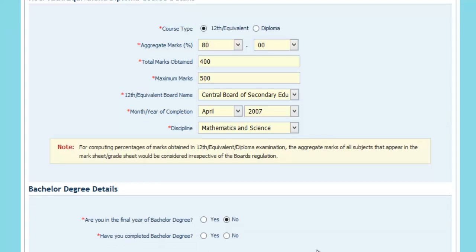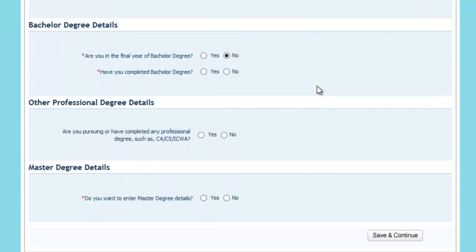You need to click yes only if you have cleared all the subjects of all the years of your graduation. If in case you had a reappear or compartment and you've not cleared it yet, you will need to select no in this case. And if in case you've completed your graduation with all your subjects clear, click yes here